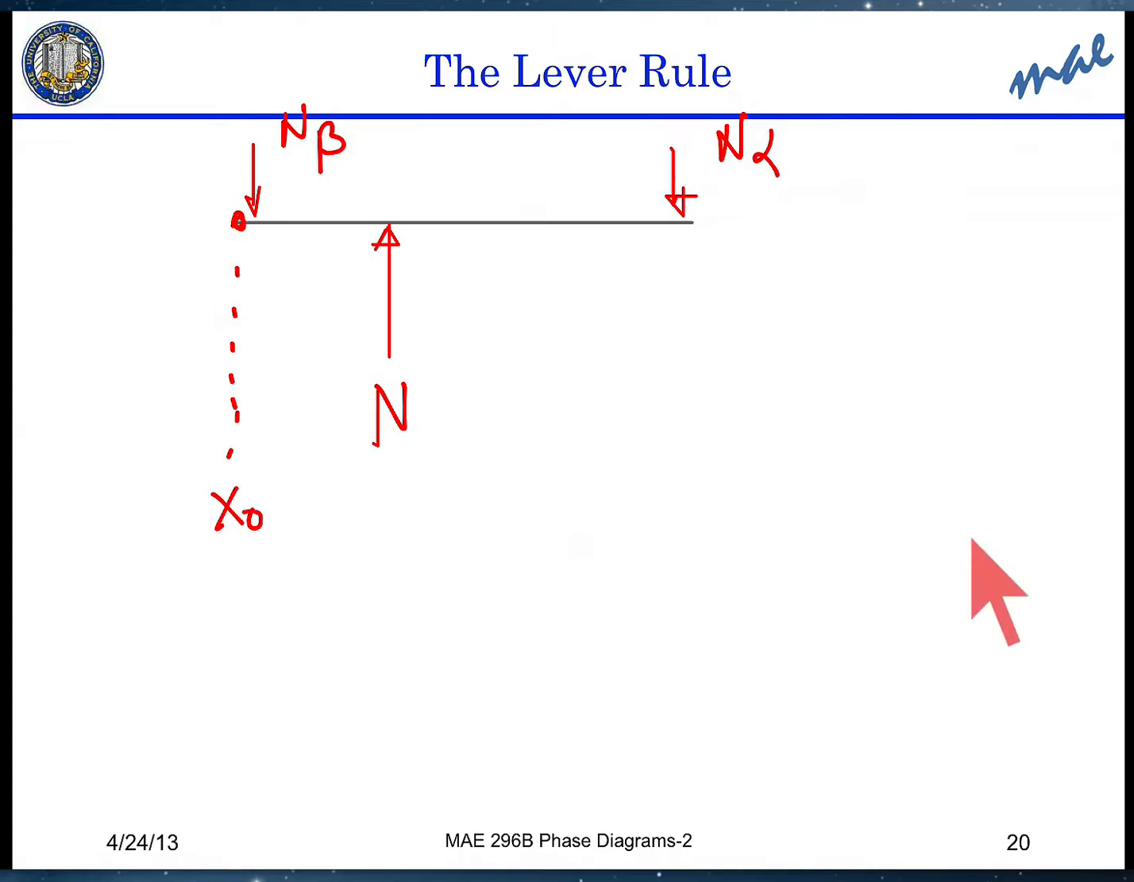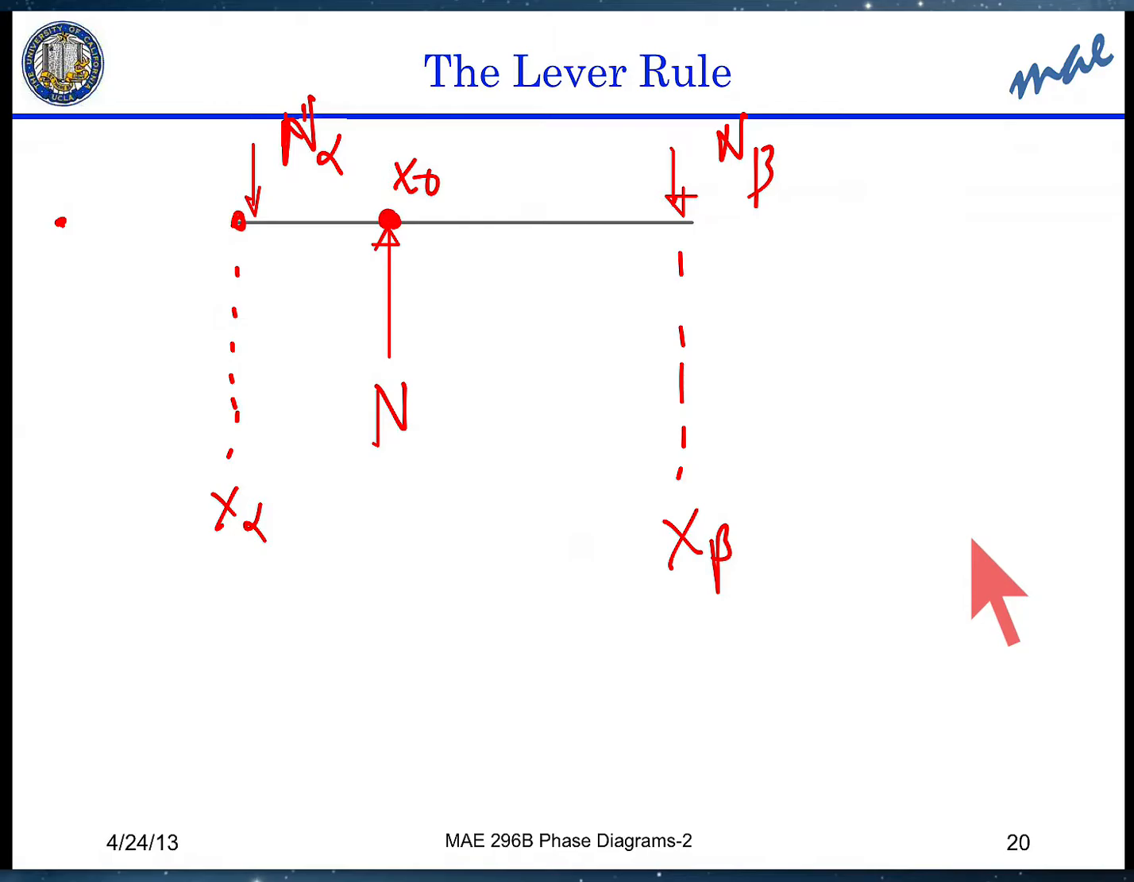This x sub alpha, sorry, maybe I should just make it consistent with the previous to have the alpha here and the beta there. So I have N alpha, and this is x alpha, and beta, and the distance is x beta, and N has the distance x0. Then instead of taking the moments about some point in here, we can take the moment about